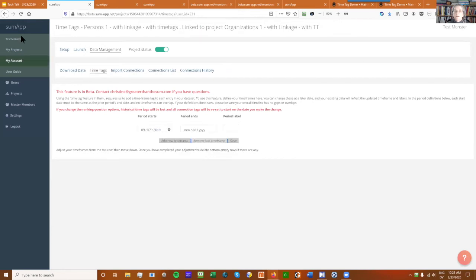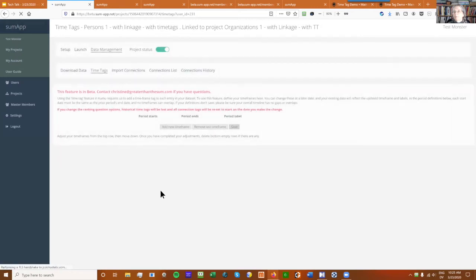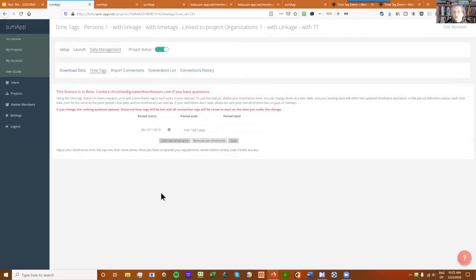Okay, so now I'm just going to refresh because it's always good to refresh. So a couple things to note. The period starts selector will not go further back than when your project started. So if you're wondering why that gray thing is there and it won't let you, it's because the project didn't exist yet, so there can't be any data.